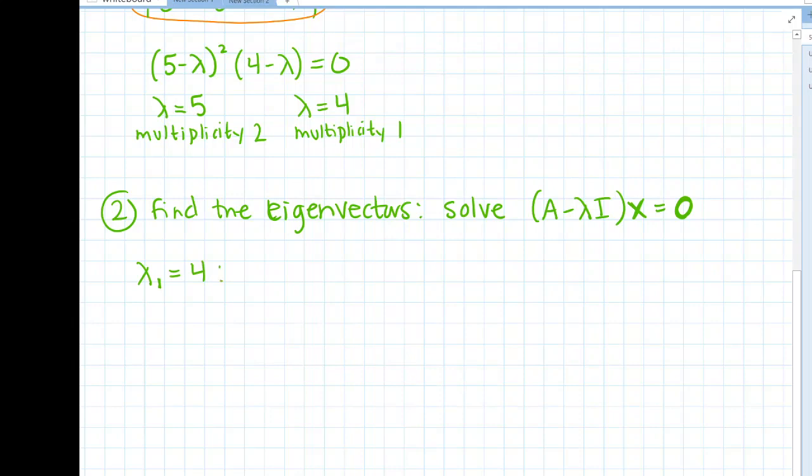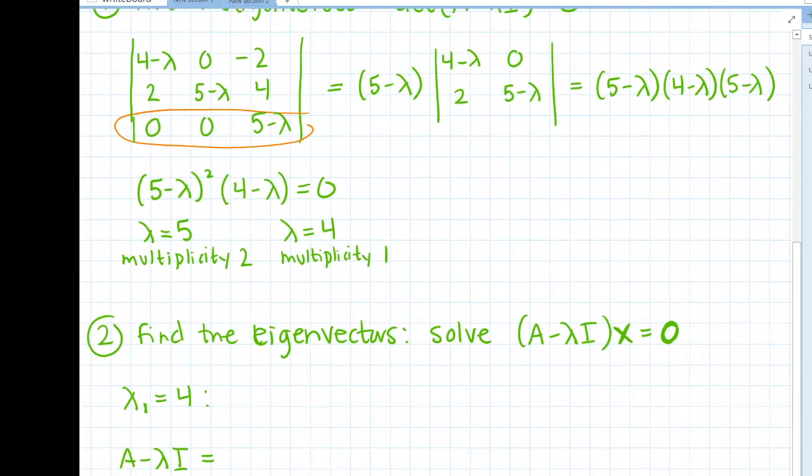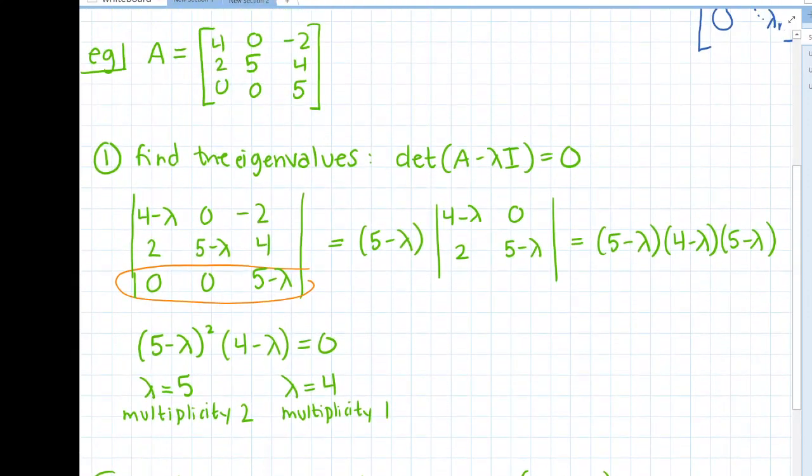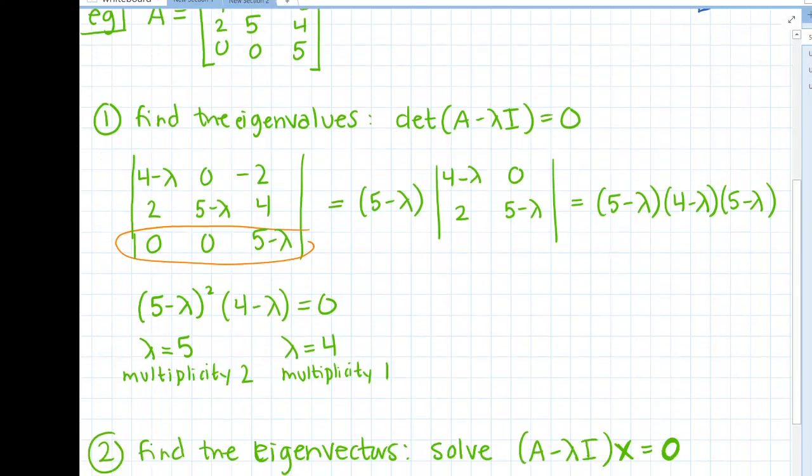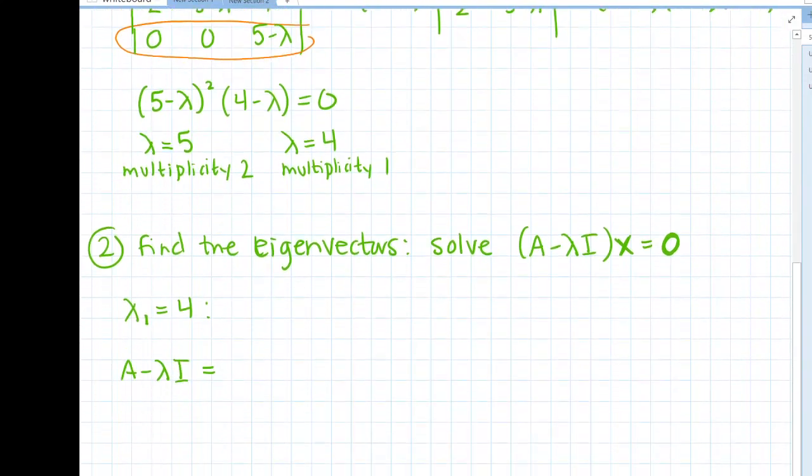So if we do A minus lambda I, so going back up here, our original matrix A looked like this. So maybe I should have rewritten it down there, but look at it, make a picture in your mind. So we're subtracting lambda, in this case, we're looking at 4, so we're subtracting 4 from each of the diagonal entries. So if we do that, we're going to get,